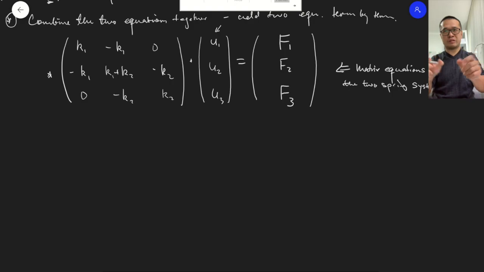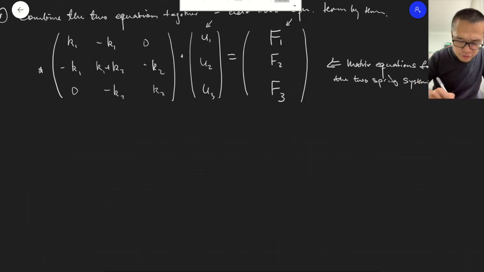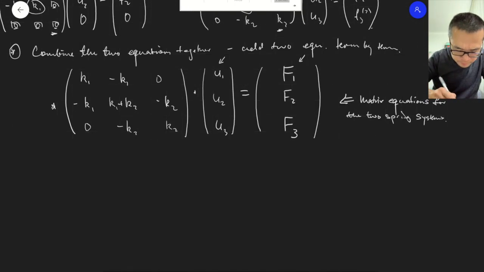Recall that in two springs we have 3 nodes under the external loading F1, F2, and F3. So if you write this in the compact form, which we showed before,